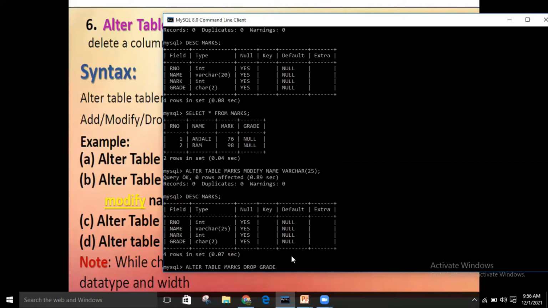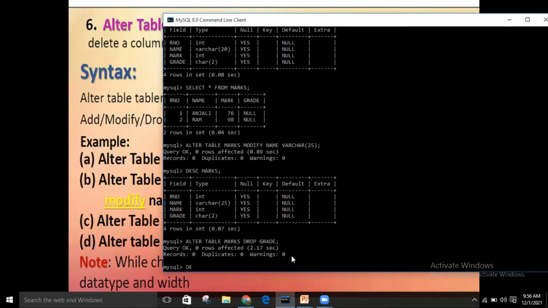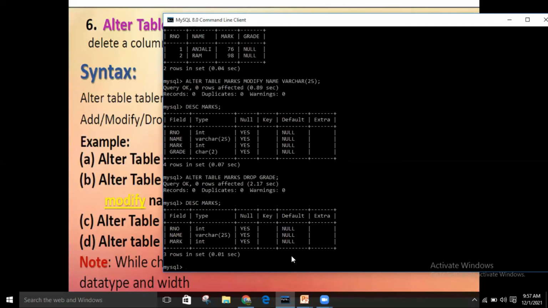In drop, we don't need to put the data type and size. If you write only the column name, the column will be deleted, and you can check the same with the help of the describe command, and you can see the grade column is no more available. So this is how we can add, modify and delete, right?